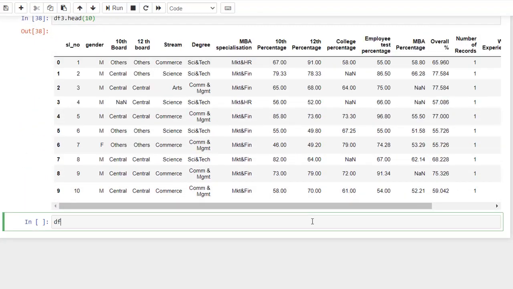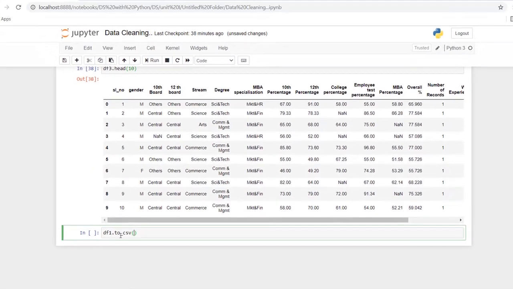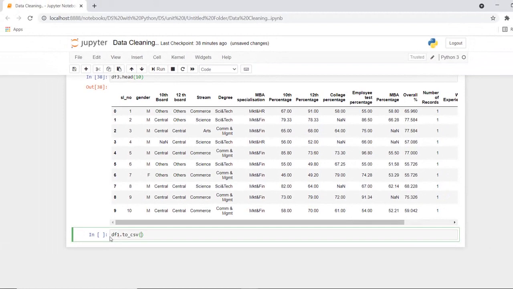Now I have created 3 different data frames, right? The first data frame is df1, and I am storing it as a CSV file. The syntax used for storing the data frame as a CSV file is, mention the name of the data frame dot to underscore csv, and within double quotes or single quotes mention the name of the file.